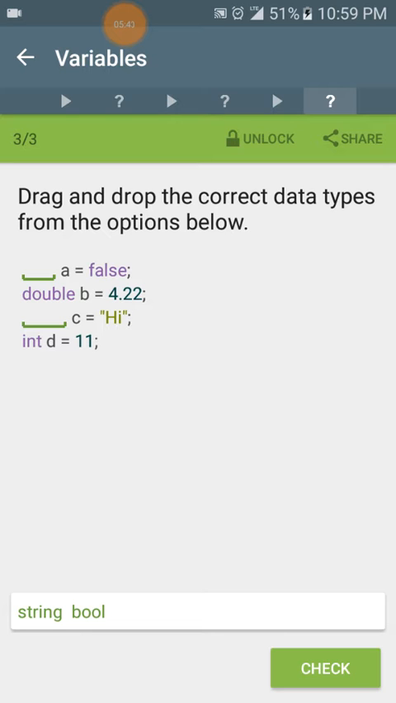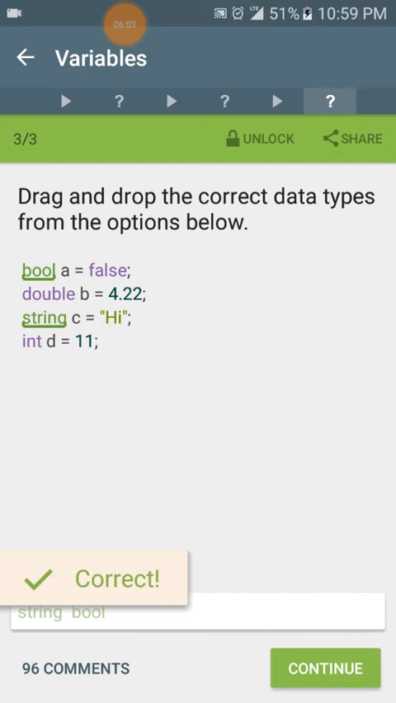Drag and drop the correct data types from the options below. bool a = false; double b = 4.22; string c = "hi"; and int d = 11;